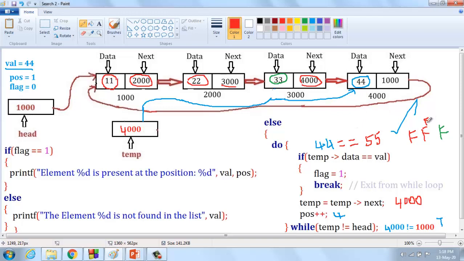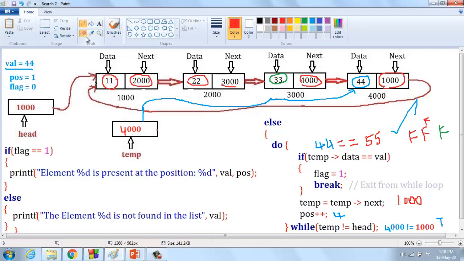The condition fails, which means it never executes that part. Temp equal to temp of next. This is temp of next. Again, the pointer moves to 1000.